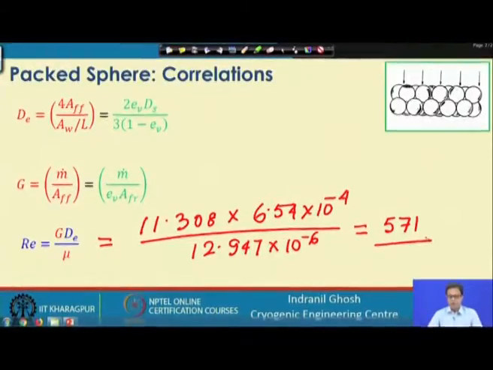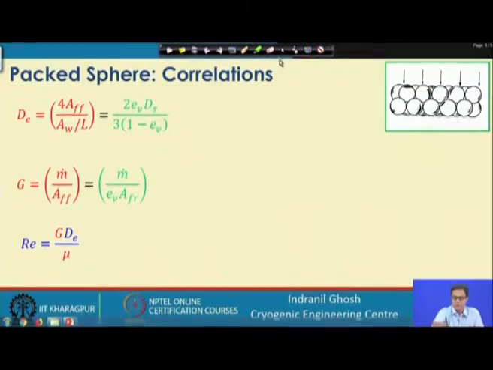So, now we know the Reynolds number, and once we know the Reynolds number, we would be able to decide which correlation we have to use for the friction factor, and we already know the correlation for the Colburn j factor. So, now if we go back to our discussion,